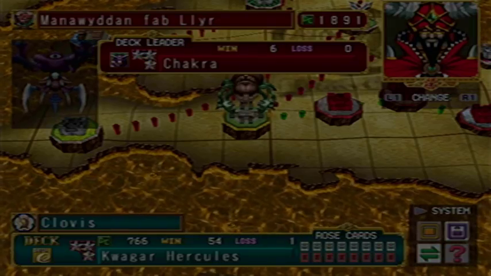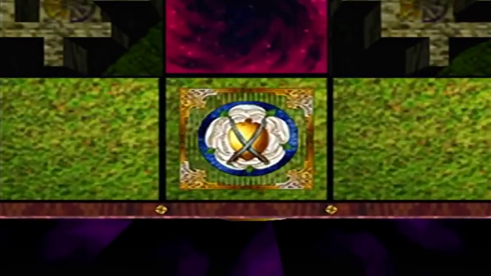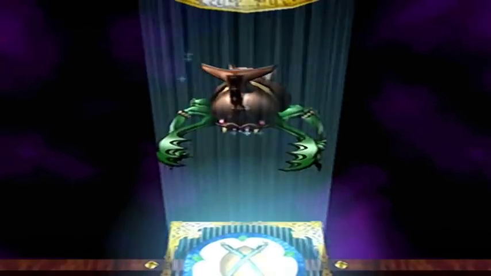This guy's always fun. Again, we won't get Arsenal Bug because our deck leader is too high. But imagine if we got it for some miracle. That would be pretty cool, wouldn't it? Okay, so